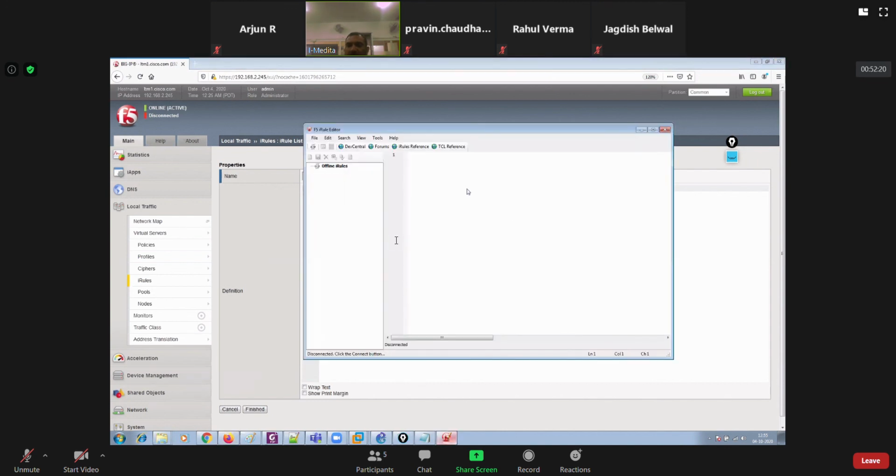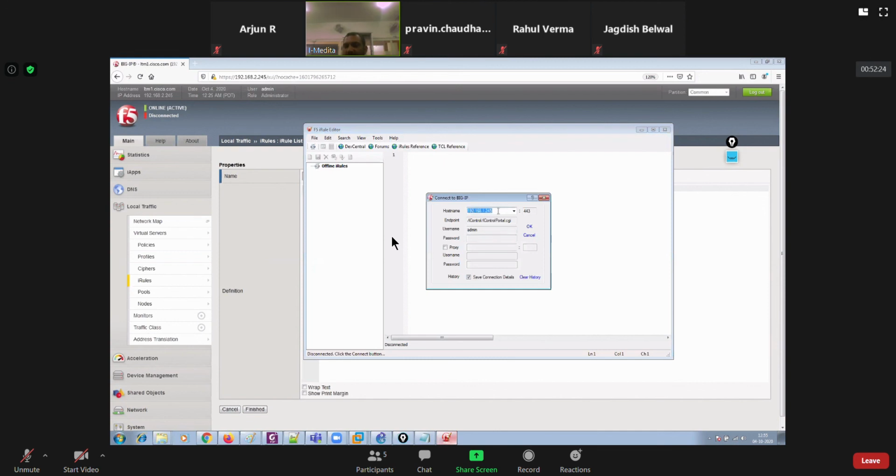So here you go. This is the iRule editor. Go to File and then say Connect. Provide the IP address of your BIG-IP, that's 2.245. Thereafter, the username is admin and the password is imedita@123. Connect to it. So it says invalid.